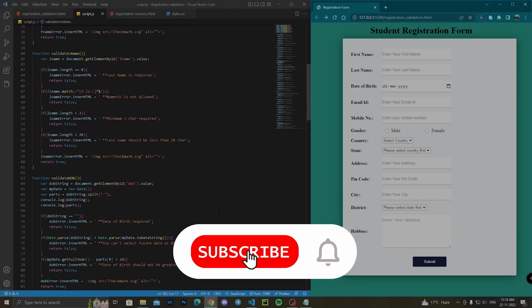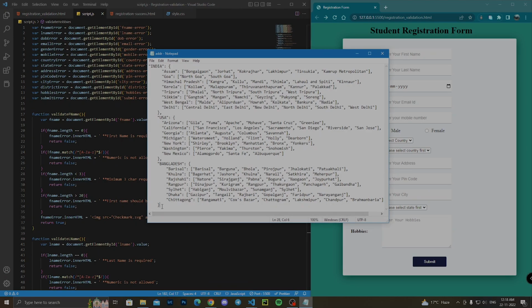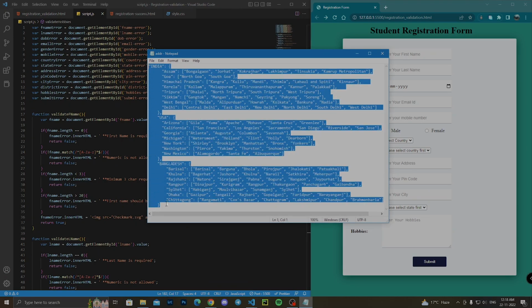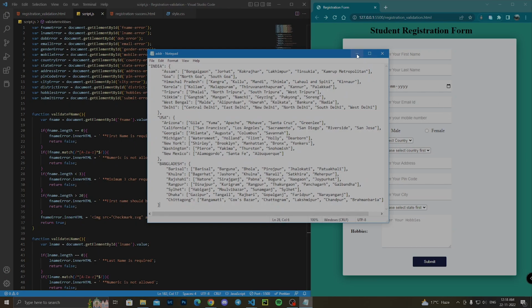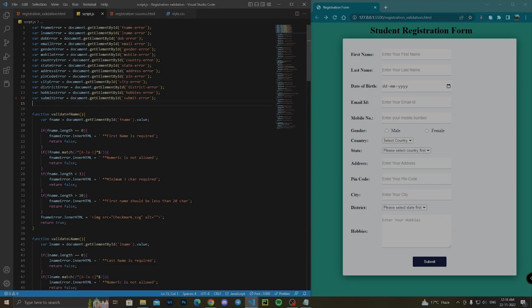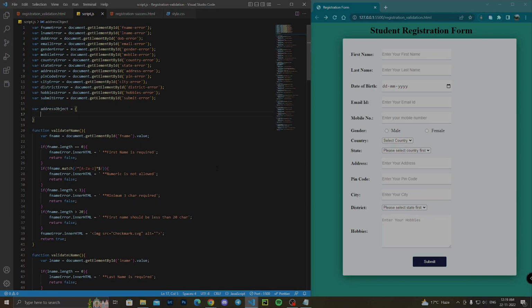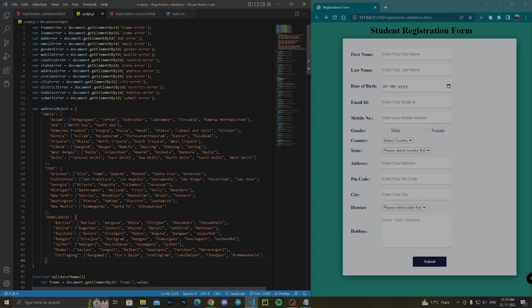First of all, we need to create an address object, and here I am going to use these dictionaries. So let's copy this, and I will include this in that file, which I will put in the description. You can download it from there. So let's make one variable, address object, and in this variable we are going to store these